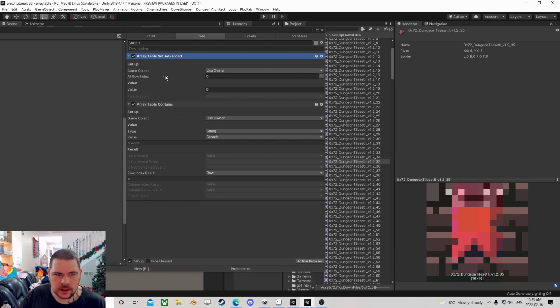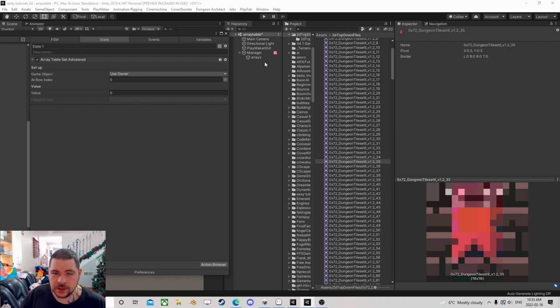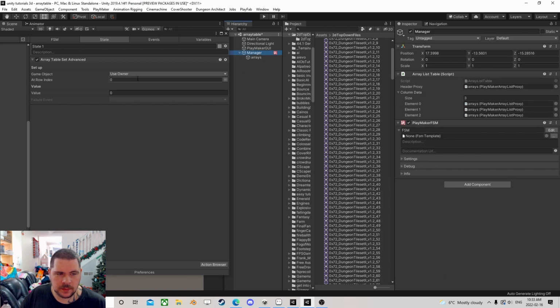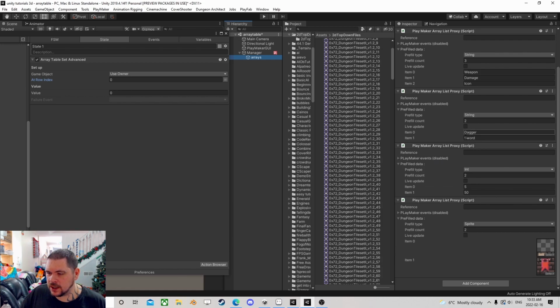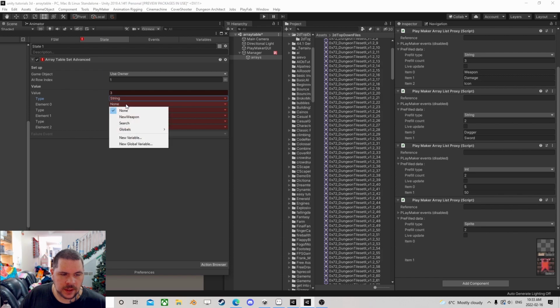Let's use ArrayTables set. Right, so let's get rid of that for now. This time I'll use my variables. So let's say, okay, dagger. We know it's at index 0. I know, we'll use sword because we have to change indexes then. Right, and again we've got to set up this little part. So we know there's a string, and it is